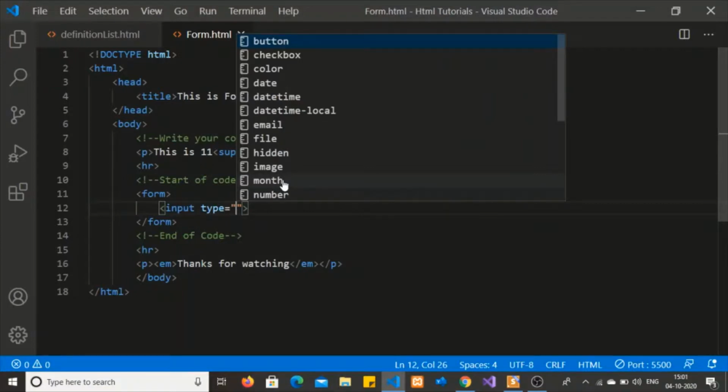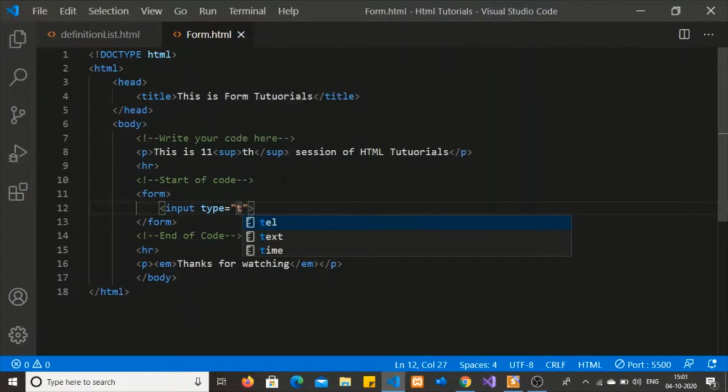In the type attribute, we specify which type of input we want. I'm applying the text type. Okay, let's see this in the live browser.